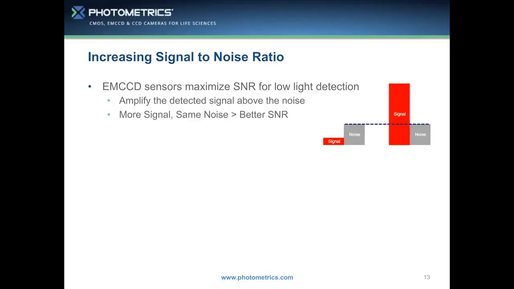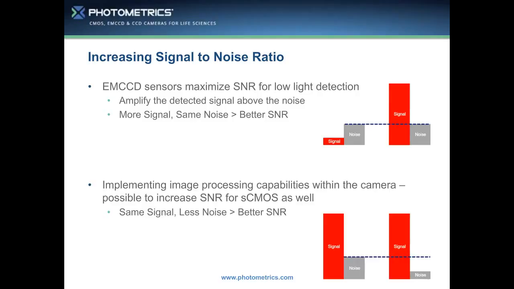And so there's no way to do this with an sCMOS sensor. There are no EMCMOS cameras around at this time. And so one way to maximize your signal-to-noise ratio, or the image quality that you can achieve with a CMOS camera, is actually